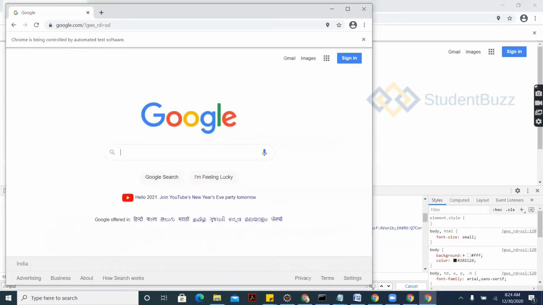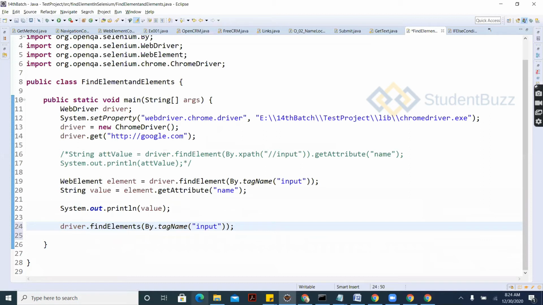Okay, the return type is List of WebElement. For easy understanding, an element list. I'm storing it into this element list.